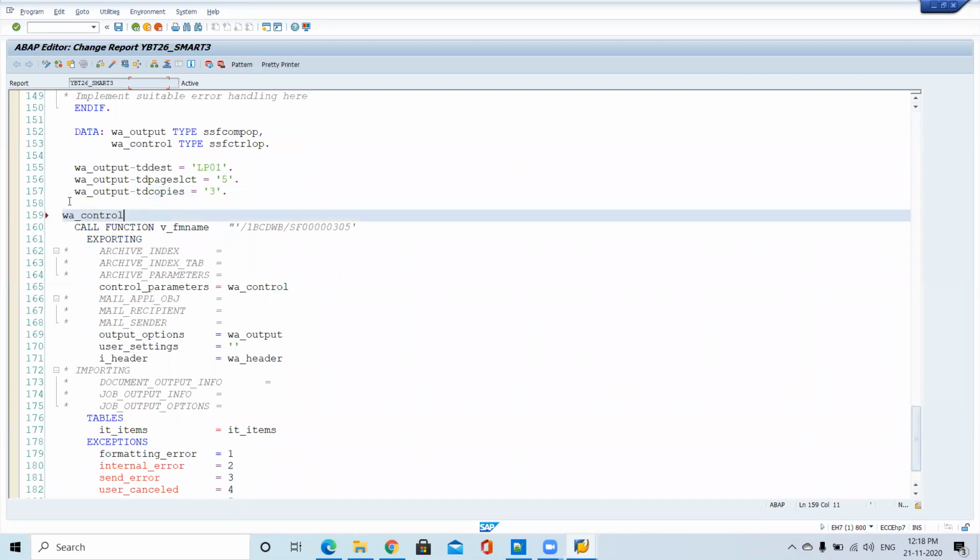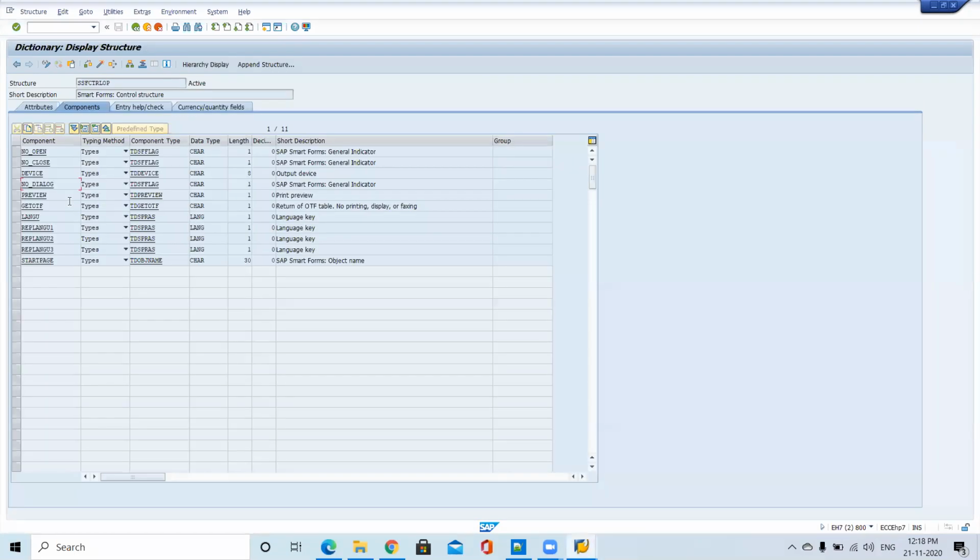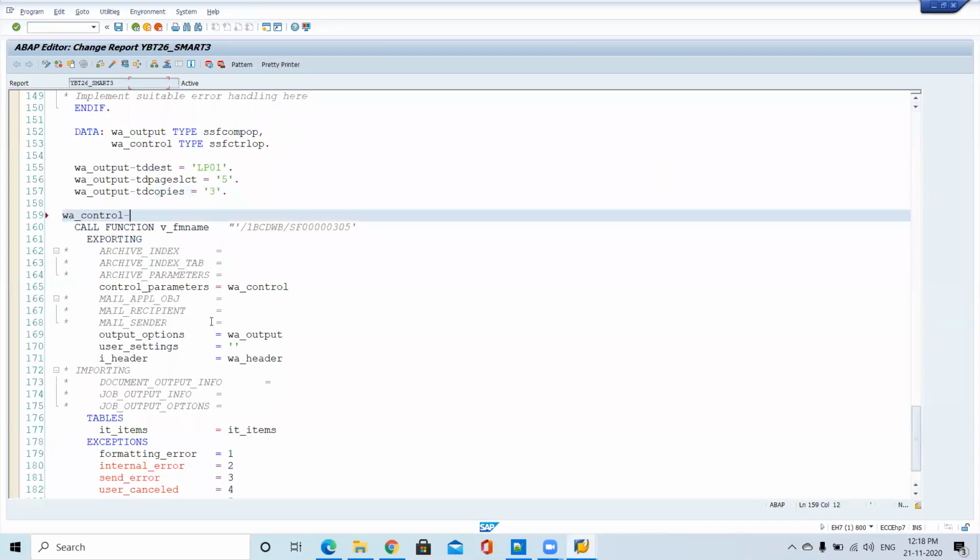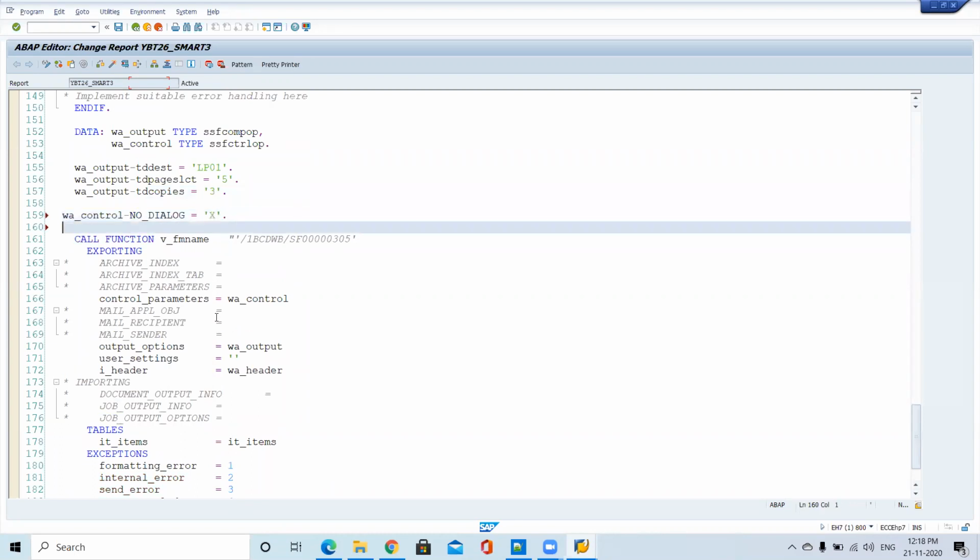Now we are using controlling parameters. In the controlling parameters, we have one option called no dialogue. No dialogue means no screen. No dialogue equal to X.